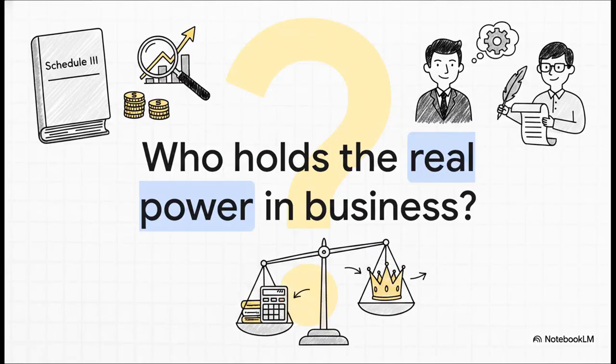All right, we've covered a massive amount of ground today, from the rigid Schedule 3 formats to the mandatory CA audits that ensure a true and fair view. But before you close your textbooks, I want to leave you with a final provocative thought to chew on. If a company's entire legal and financial health relies so completely on these strict formulas and adjustments, who actually holds the real power in modern business? Is it the CEO who makes the big operational decisions? Or is it the accountant who actually writes the final story? Keep that in mind as you head into your